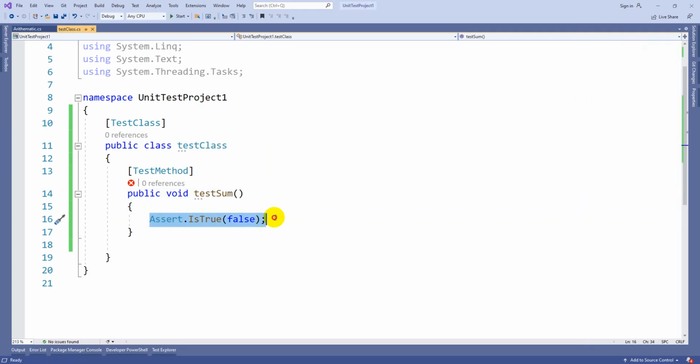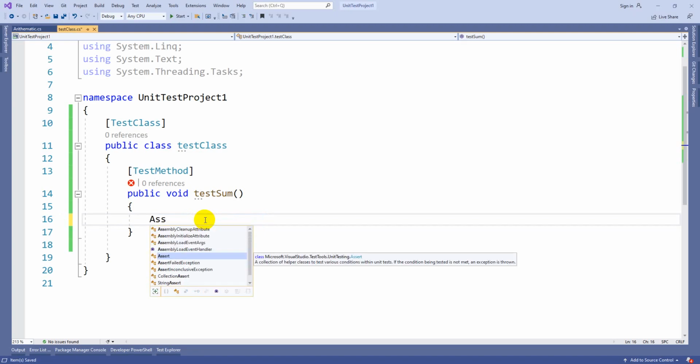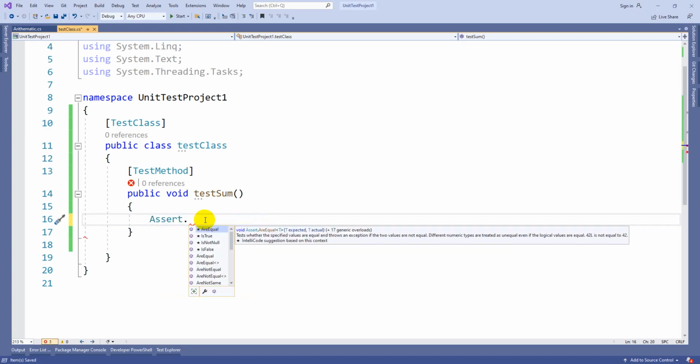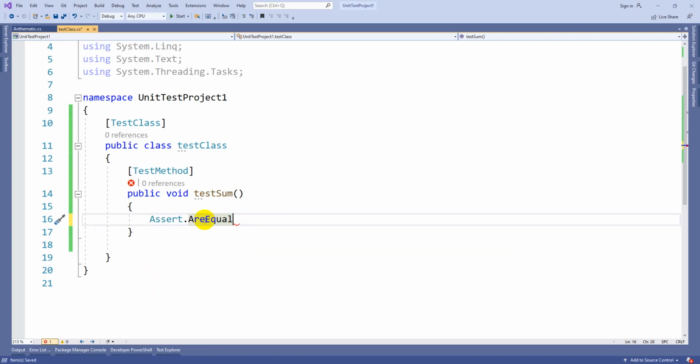In case I want to implement a simple functionality, here I can write IsTrue, which is used for boolean values, and the same, IsFalse, is also there, guys. That you can also use as per the requirement. Normally in real time you won't use IsTrue or IsFalse. There is a standard method called Assert dot AreEqual. You can use AreEqual, or you can use AreSame or AreNotSame. By the word you can easily understand, but this is the standard method which we use in real time.